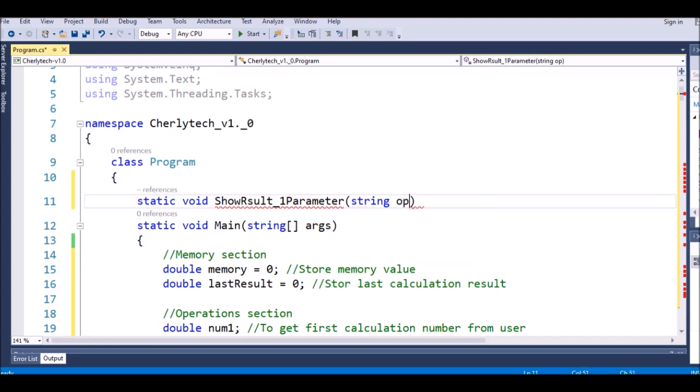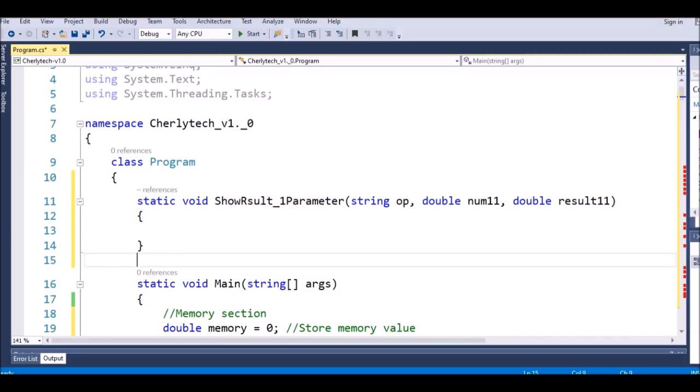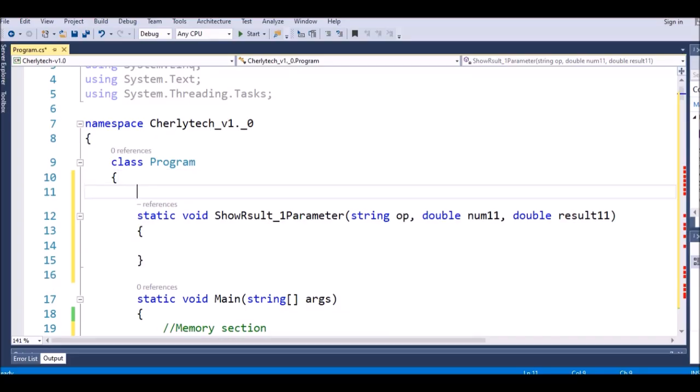op, then double num1, for example 1, and then double result 1, like this. Okay, so you say method, this one, and